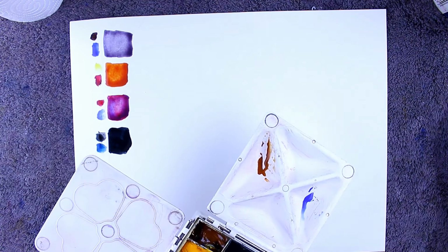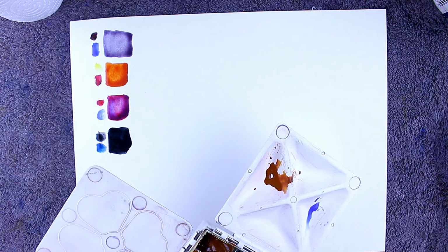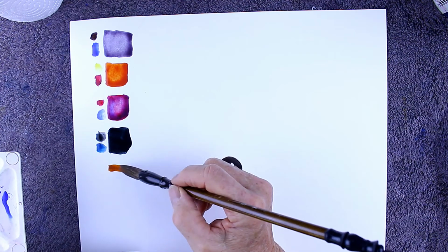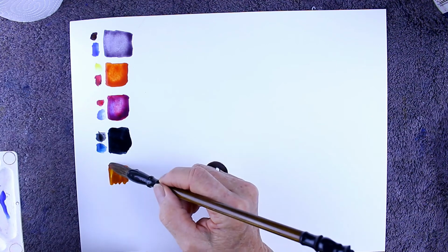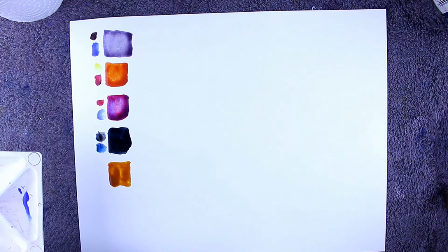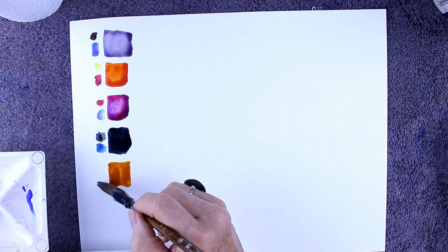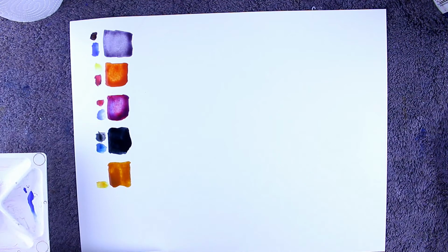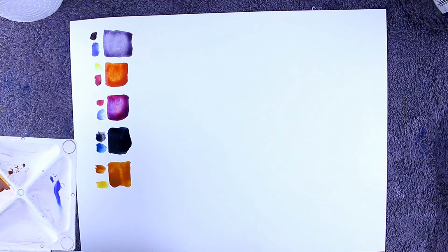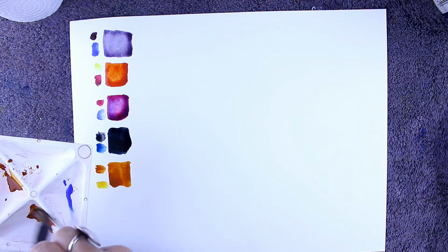When you're mixing paint, the more water you use with the paint, the paler it will be when it dries, because as things dry, the water will sink into the paper, and if you're using medium pressed or rough paper, more water will sink into the paper and your colour will be a lot lighter. That's why when you mix it on hot pressed paper like I have today, it will tend to stay a lot brighter, which is what I wanted, to show you the true colours of the watercolours as an example for